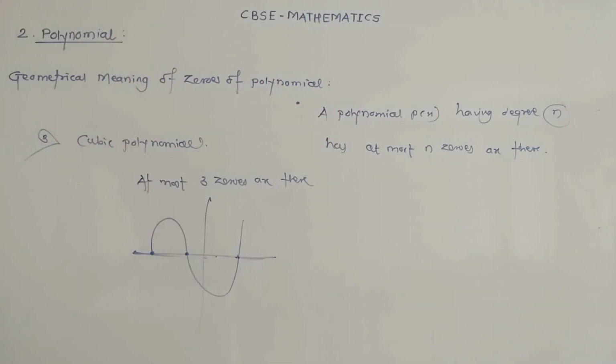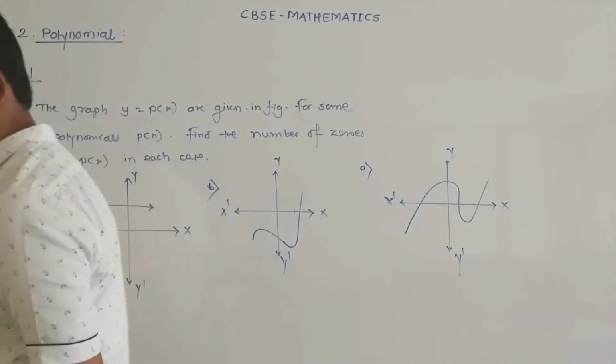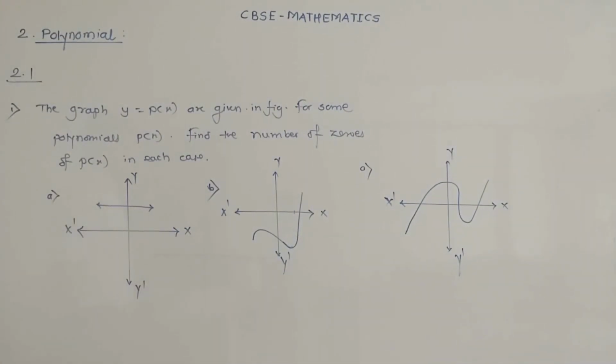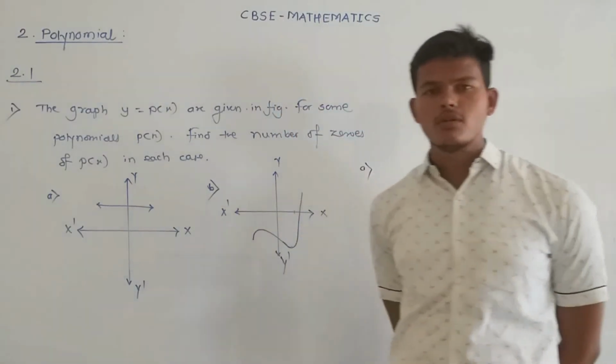We just have to say how many zeros are there for the given graphical polynomial. So let's start practice set 2.1, which is based on zeros of the polynomial. In practice set 2.1, there are some graphs given and we have to find the number of zeros